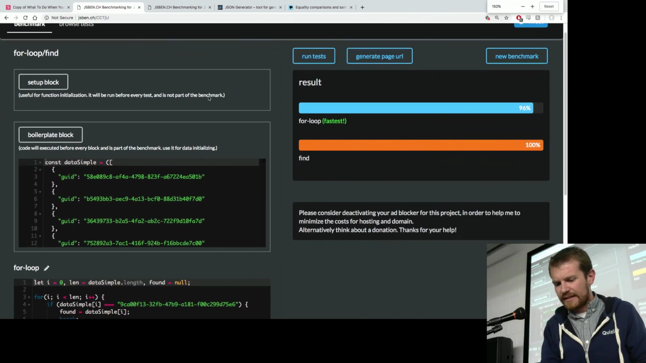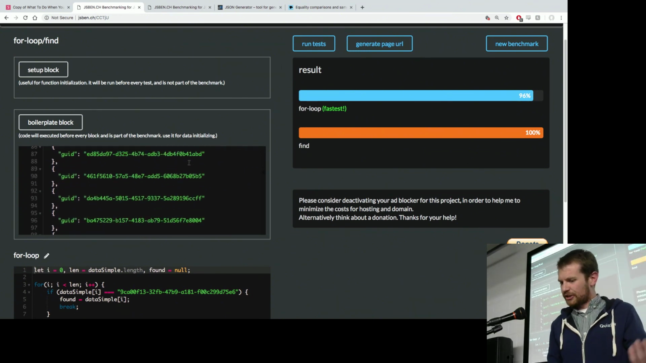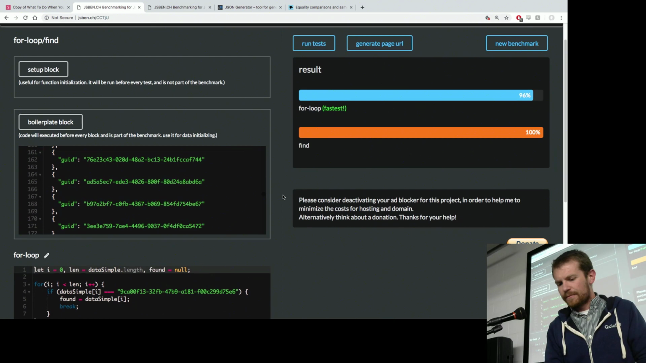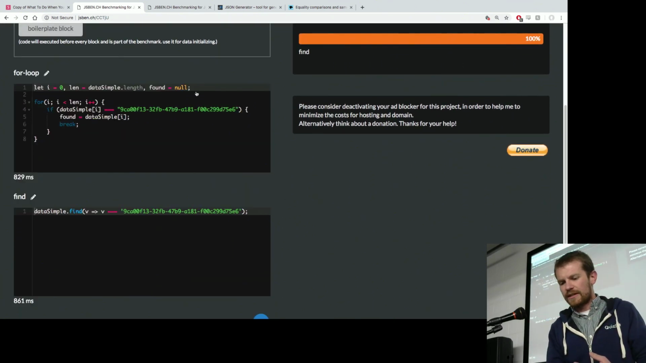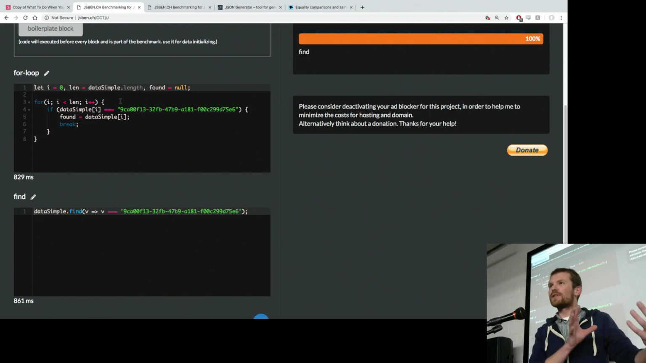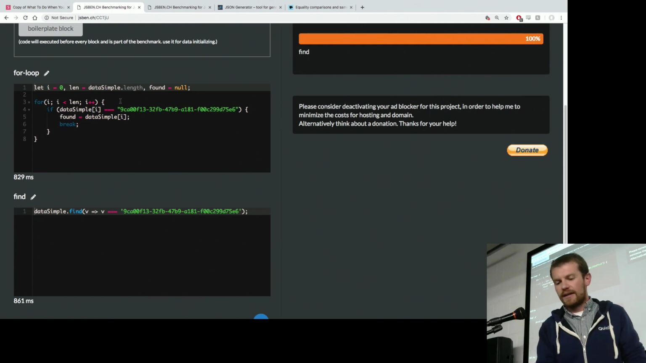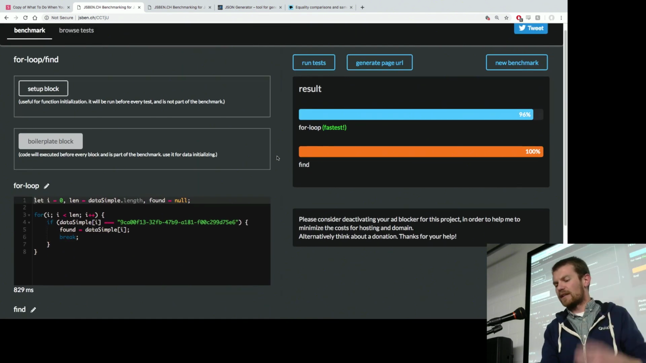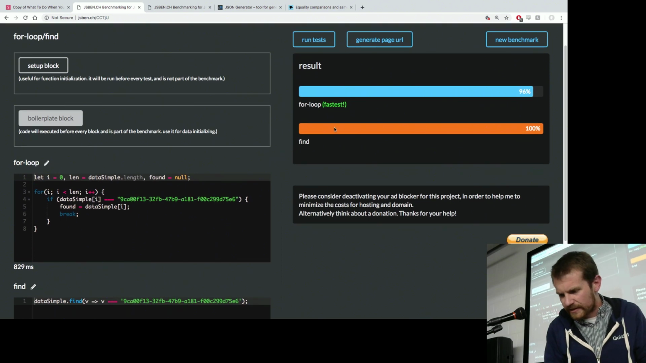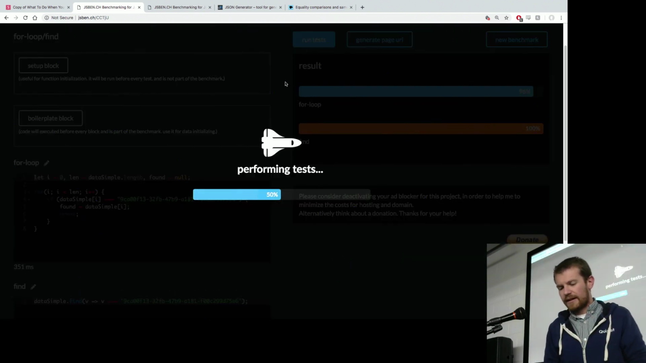So just to give you an idea, there's this JS bench website. Set in your boilerplate stuff. And this is really just, I took a for loop and then a find, and I just want to see which one is faster. I think that it's 100 items in there. They're each looking for the same ID, or whatever this is. So if we run it,